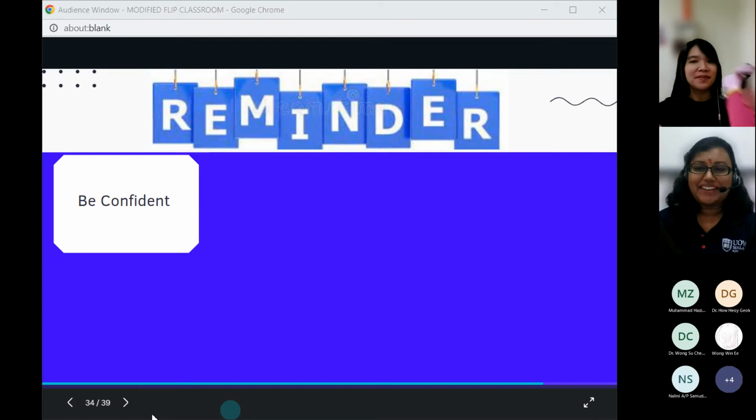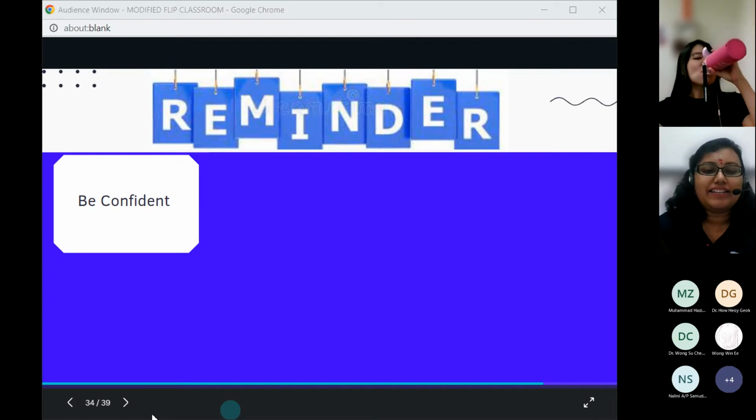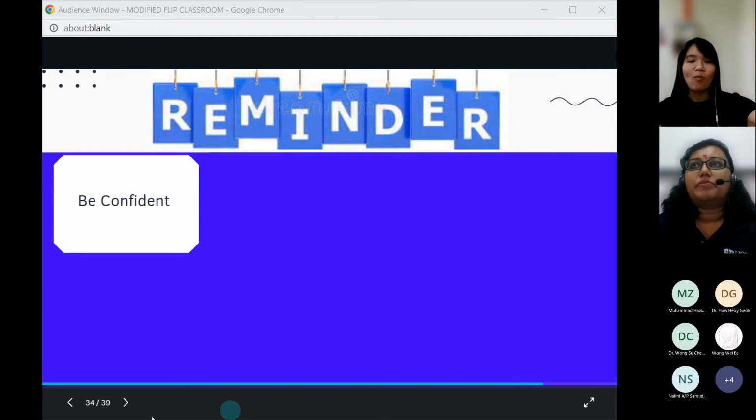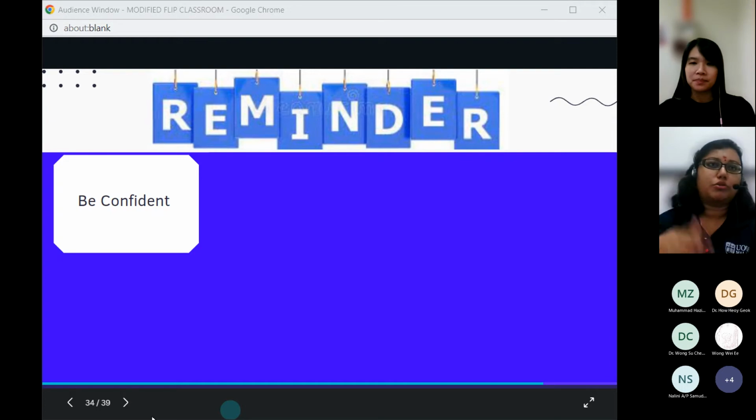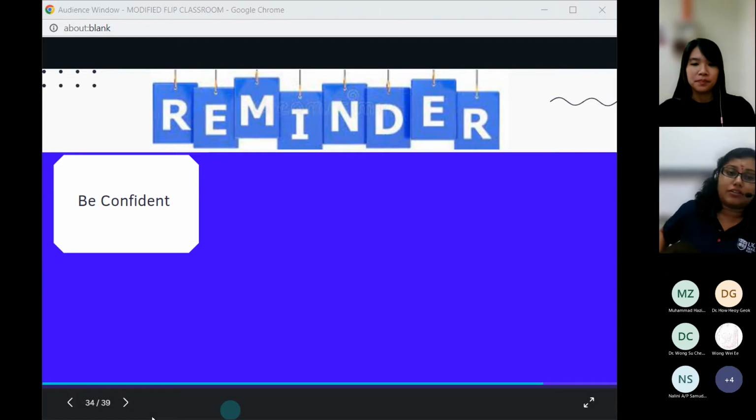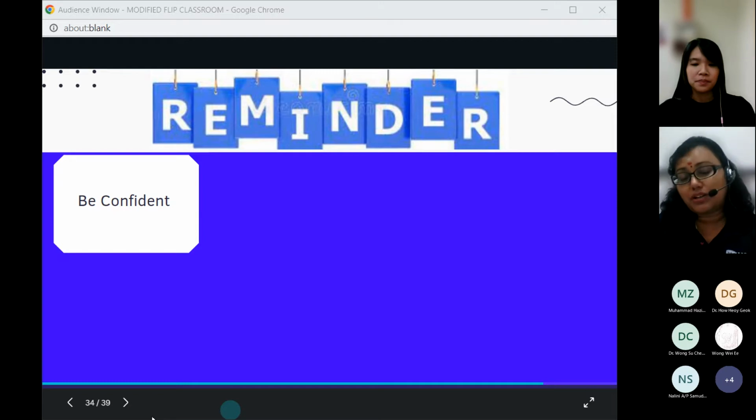Okay, great. So we both have certain reminders when you are trying these modified flip lessons, in terms of ditching all those lecture-based content, but trying to be a bit different, doing more activity-based tasks in class. So one thing I would like to say is be confident when you are preparing your lesson.